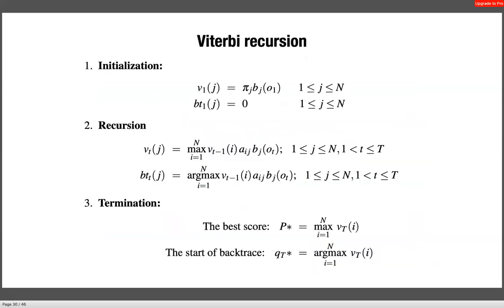Here is the algorithm outlined formally. Again, you'll see similarities to the forward algorithm, except now you have an additional quantity that you're maintaining, which is a back pointer. At the end of the Viterbi algorithm, you'd like to identify the best sequence of states which corresponds to the observation, and so you want these backtrace pointers. The recursion we already saw on the previous slide, and this is just keeping track of where the transition happened from the previous time step. So this is the argmax over all i of v_{t-1}(i). Okay, so what was the